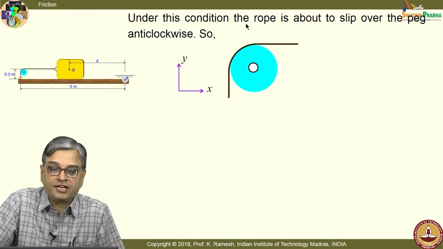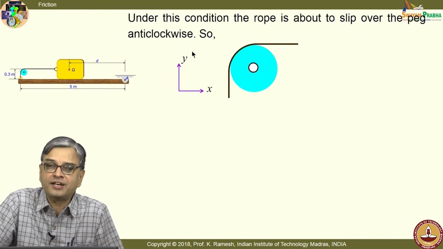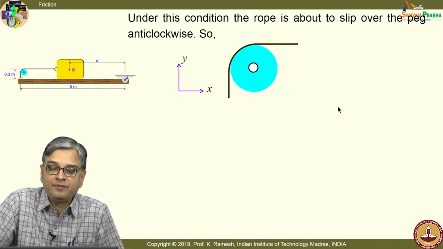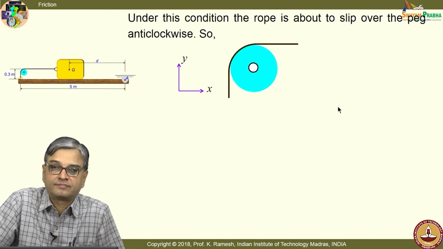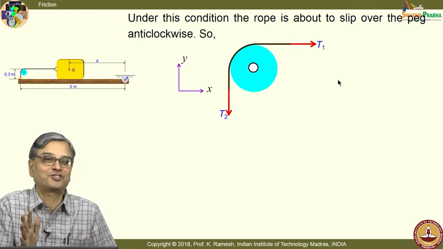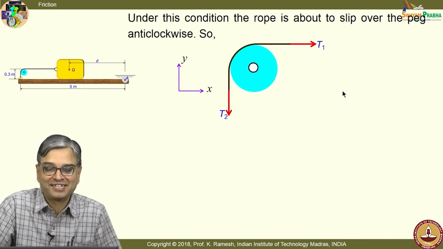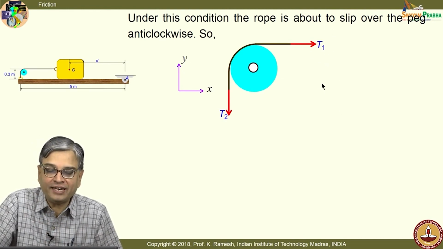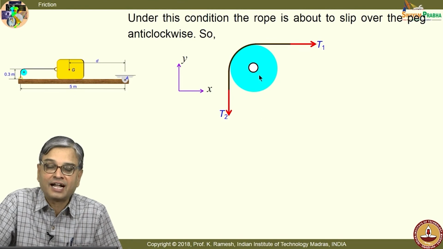So, under these conditions the rope is about to slip. This is also given as a problem statement. Assume that all interactions are impending. So, tell me which is T1 and T2. Think about it. I have already told you that as T1. I should not have told you that T1. I should have put that as T and then asked this question. Okay. Anyway, so I have this labeled as this is holding and this is pulling force.